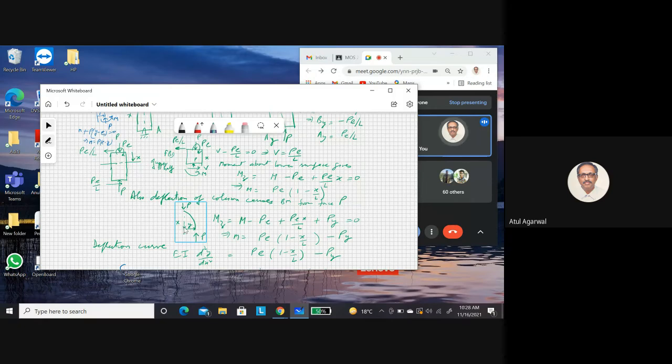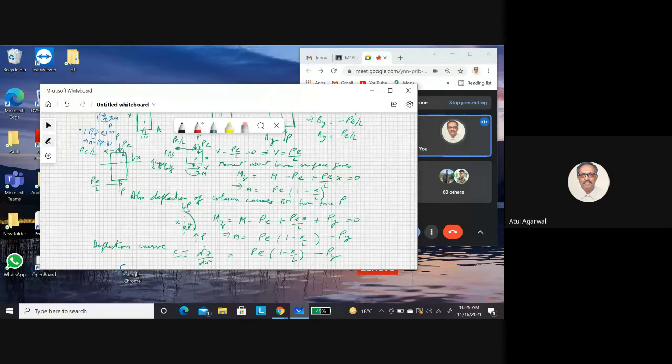So you see there is a deflection of the central surface or centroidal surface from the vertical line given by y. When that is happening, this force in the middle, you see there was a force P in the middle. Whatever you did till now was from the bending moment PE. But now, because of the deflection of the column, this force P and this P, they are also going to cause a moment. So now I am calculating the contribution of P also. So Mz is equal to M minus P, plus, this is same as before.